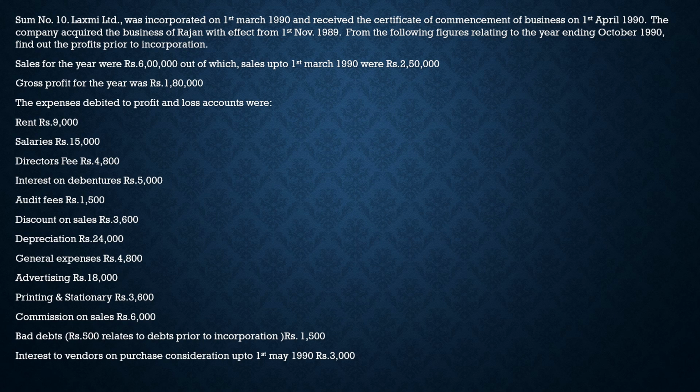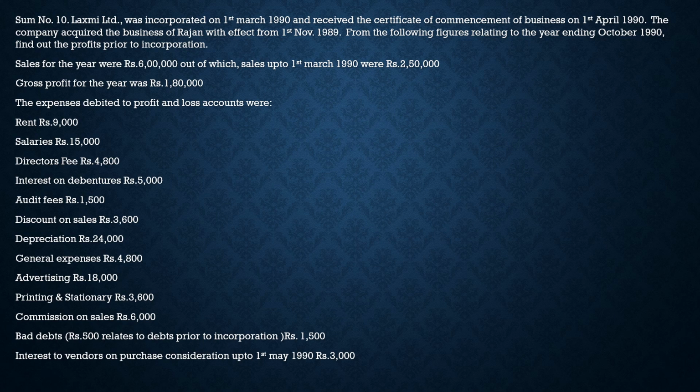In sum number 10, I'll read out the sum here. These are the sums which are given from your textbook. I gave you the author name in the first class itself, the second class. So the same text I'm following. Okay. When you go through the text, you can find these sums there. Maybe in your exercise column or maybe in your illustration sums. Okay. It may be anywhere.